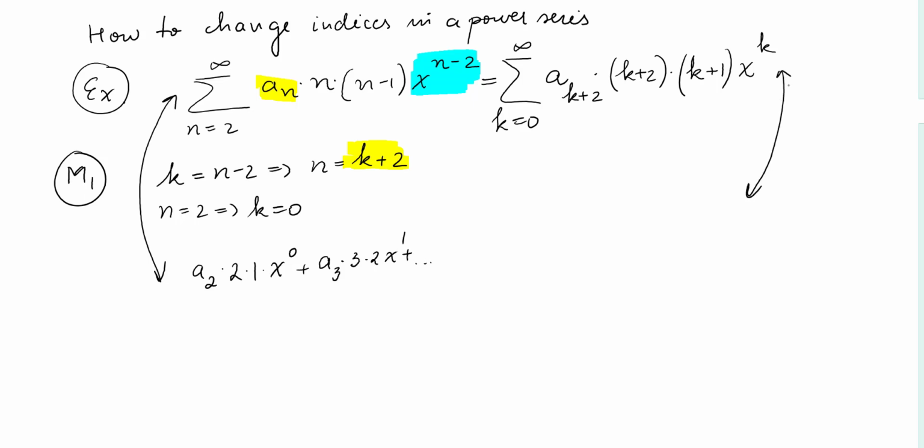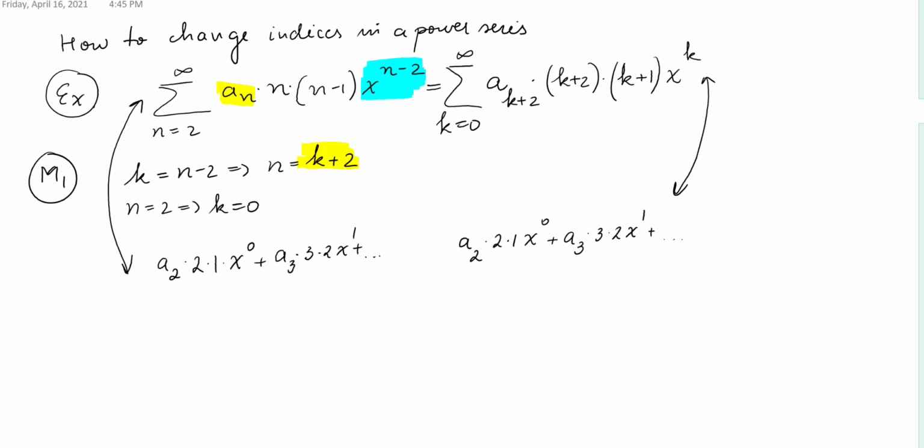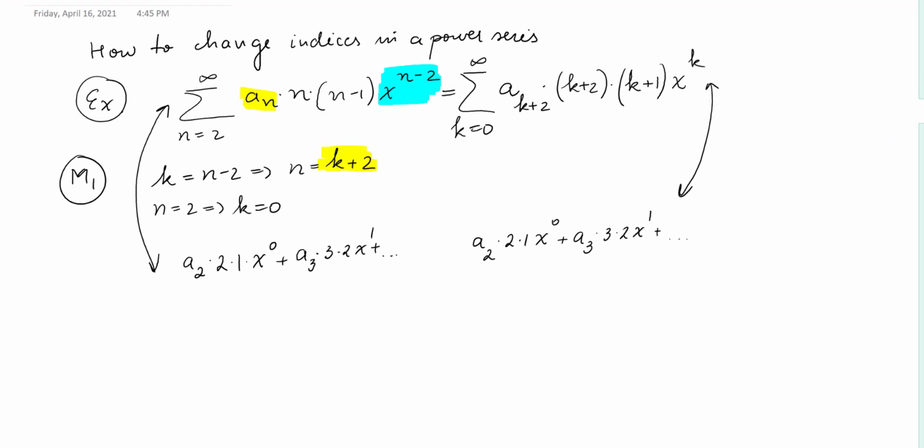Let me give k the value of 0. So I'm going to get a sub 2 times 2 times 1 x to 0. Plus, if k equals 1, I get a sub 3 times 3 times 2 times x to the first. So I'm actually getting exactly the same terms, only now the power is not n minus 2, it's actually k,